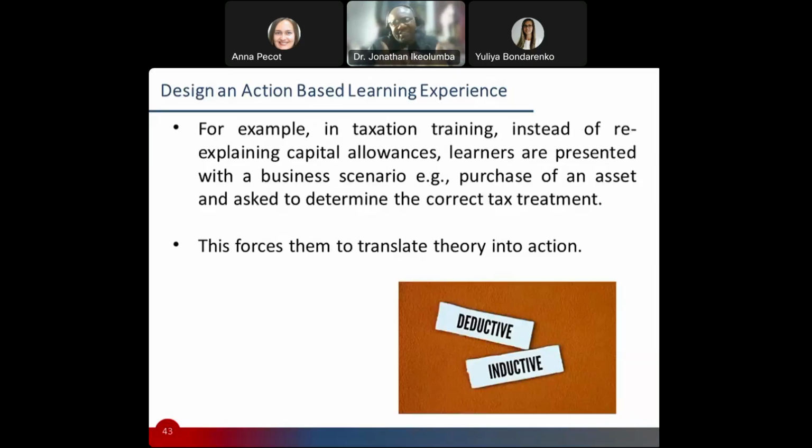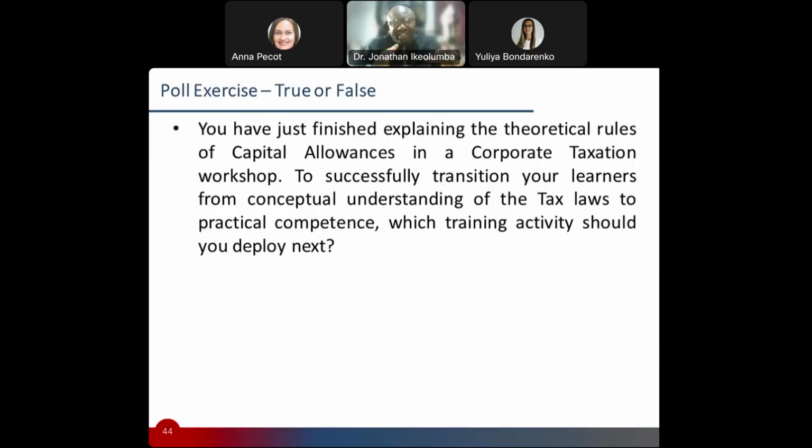So the point is to make it actionable for them, and then push them to understand the theoretical element around what they've just done. So I flip it sometimes, and the idea is to make sure that learning is action-based rather than something that is theoretical. Again, there can be hybrids around this, but my point is any technical training must have a practical component. That's where I'm going.